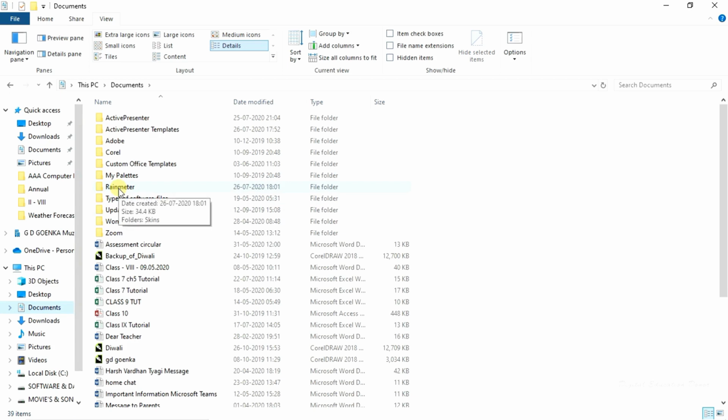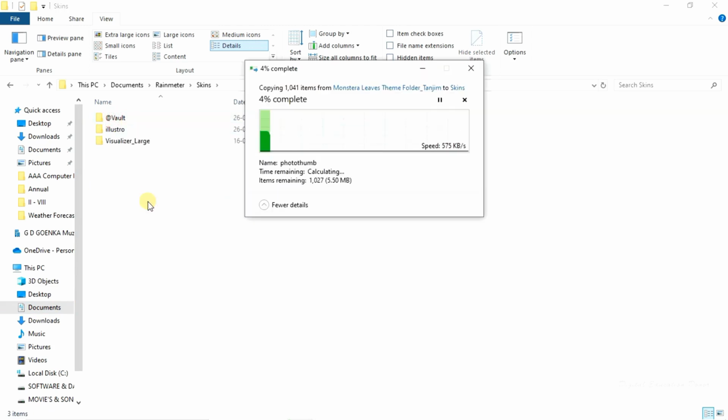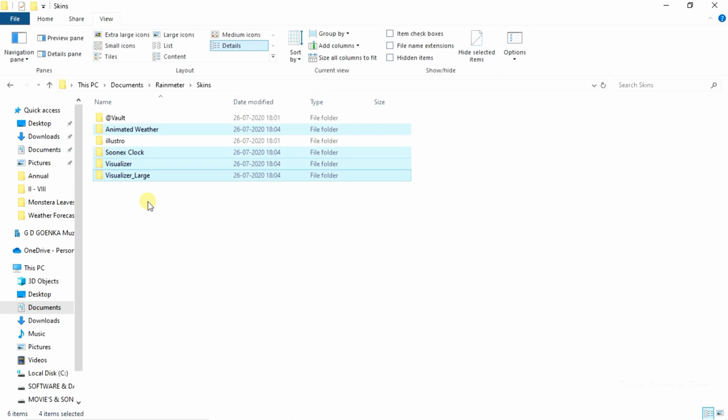Open this folder, open Skins and paste it. Whatever folders you have copied from the themes folder, paste them in the Rainmeter Skins folder. Apart from the image, you don't have to copy it.